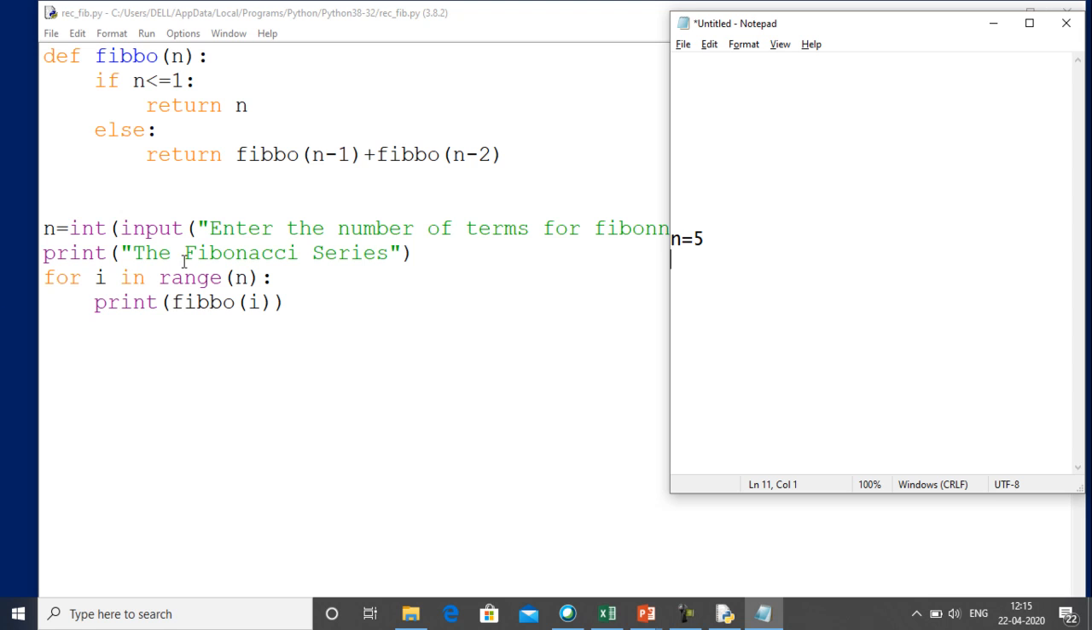Then the message, the Fibonacci series, will be printed, and after that the loop starts executing. In this loop it is written for I in range n. The value of n is right now 5, so it will generate values 0, 1, 2, 3 and 4, that is, from 0 to 4. So first the value of I will be 0, and this function will call